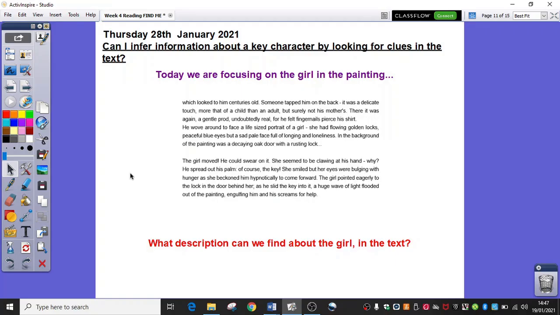Hello Year 6, it is Thursday the 28th of January and for reading today we are going to be inferring information about a key character by looking for clues in the text. So today we're focusing on the girl, so we're looking at the second half of the story and this extract